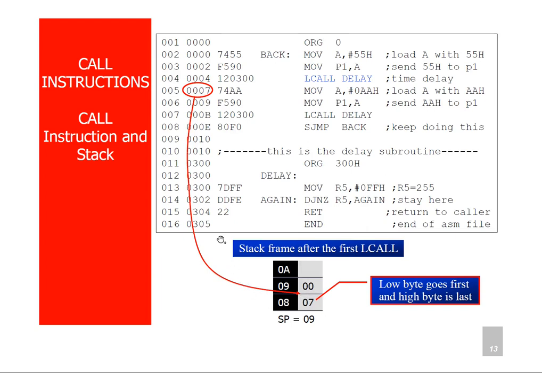And once it retrieves the data, it goes back to the main program and continues its execution. So this is how the return address is stored onto the stack on the execution of the call instruction, and how it retrieves the data on the execution of the RET instruction in the subroutine.